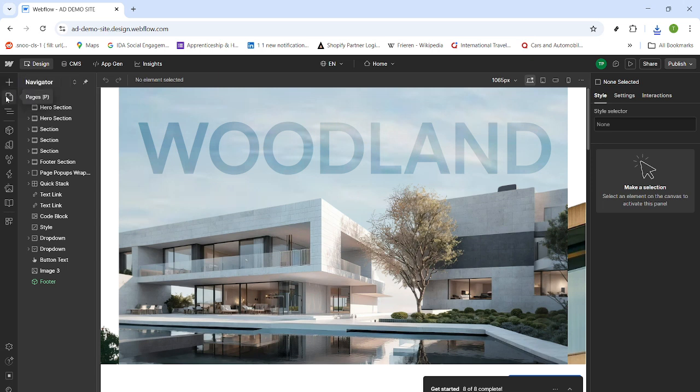If the canvas looks busy, don't worry. We're going to use the Navigator to stay precise. Open the Navigator panel on the left. This shows a clean, hierarchical outline of your page, which makes selecting the exact component much easier than clicking around